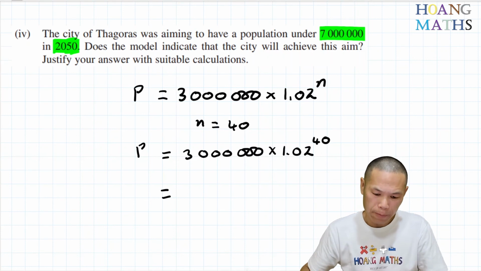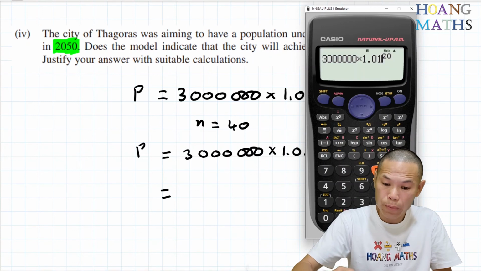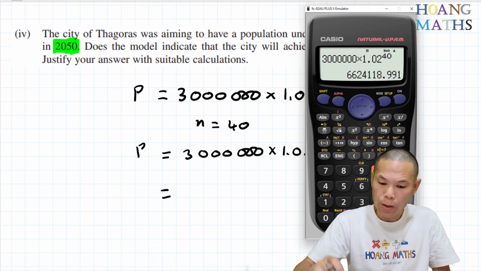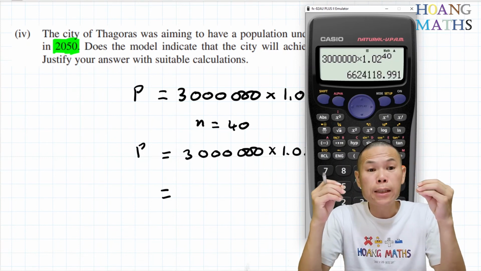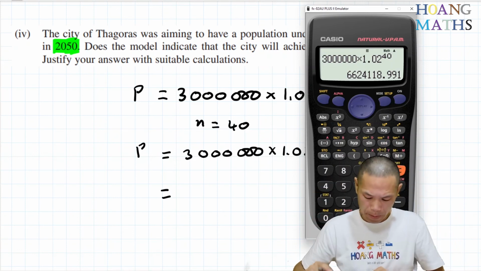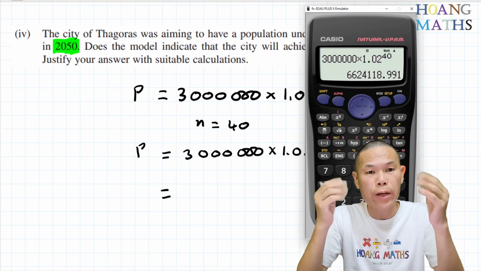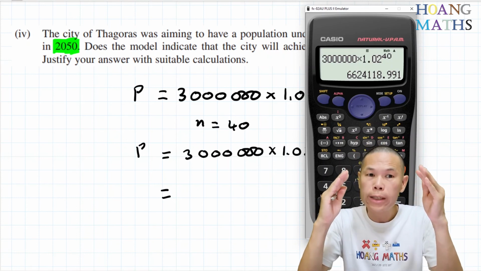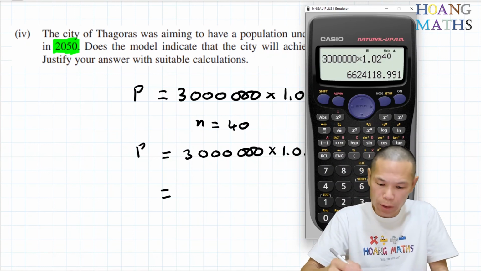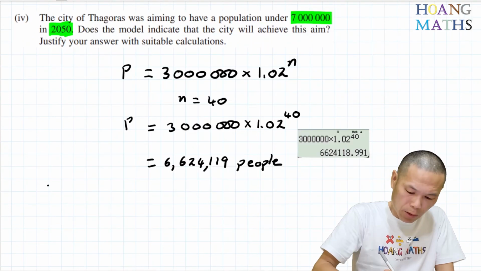So let's work it out. So what I do, I just change the value of B to 1.02. And the value of n is 40. So there you go. 6,624,119 people. So that is below 7 million. So let me just write this down first. So therefore,